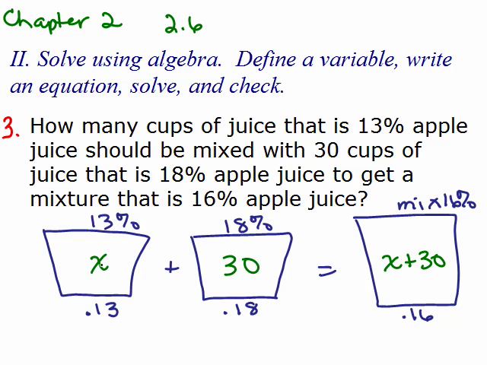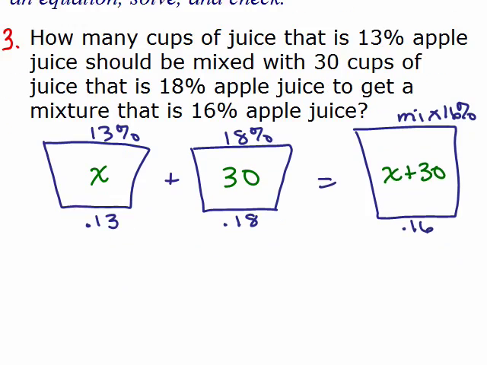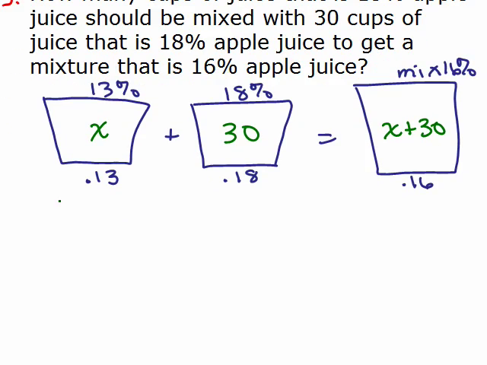13% of x, right? That's how much actual juice is in this container. For instance, if you had 100 cups and you were able to extract the pure apple juice, there would be 13% of 100, or 13 cups. So that's the second part, is to think about the pure apple juice in each container. So the pure apple juice here is 0.13x,